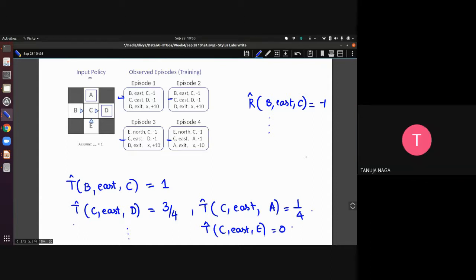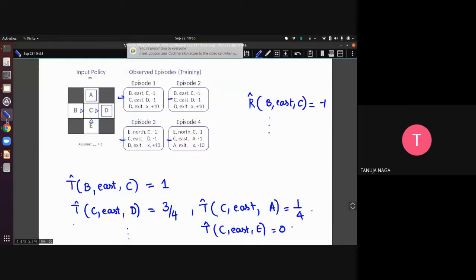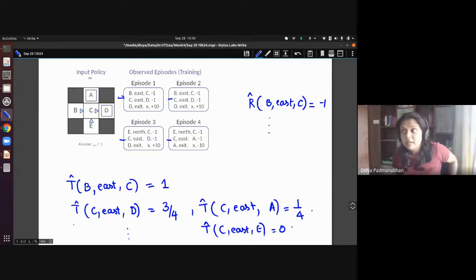Ma'am, I have a doubt. Yes. When we are at C and we move to east, why did we end up in A? Yeah, so there is some underlying probabilistic thing here, right? If you want to go east, ideally you think that you will land up in D, but maybe there's some issue with the grid board.